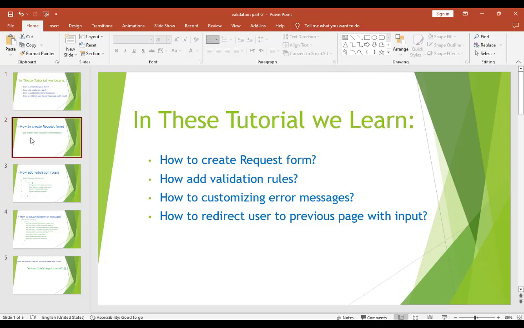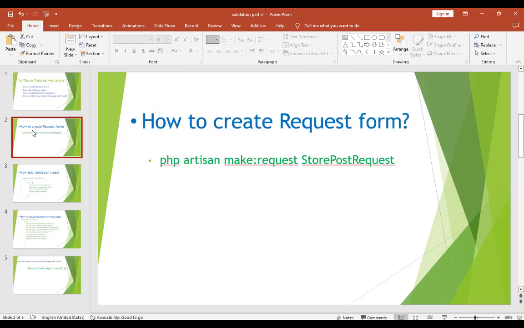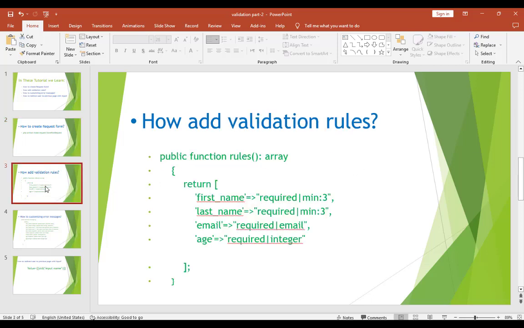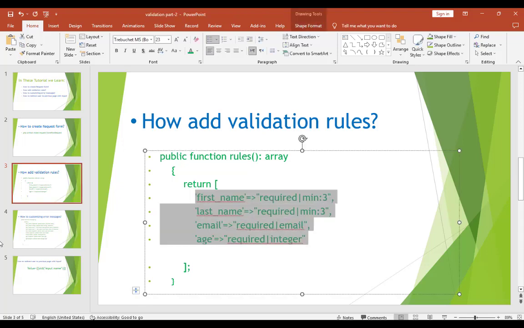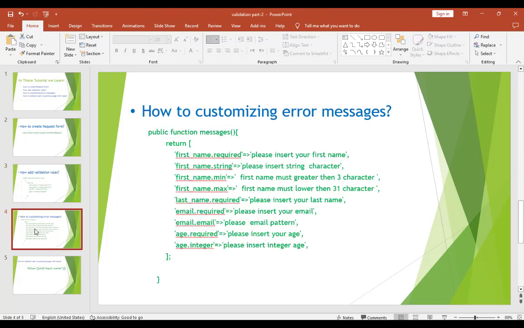For creating a request form, we will use this snippet of code, php artisan make:request, and here we set the name for this request. And how to add validation rules in the request form: Laravel creates for us this function rules, and we will add our validation rules here in this array. And about customizing the error message, we will add the message we need to display to the user in this